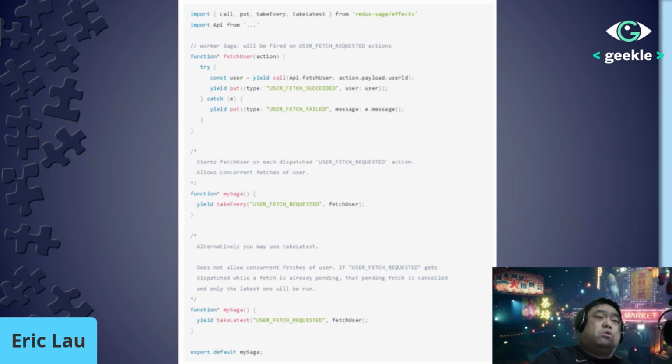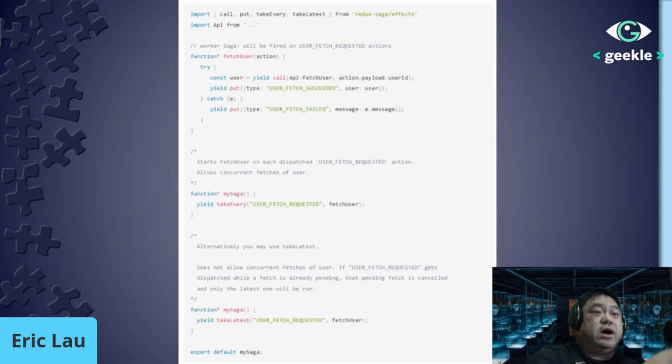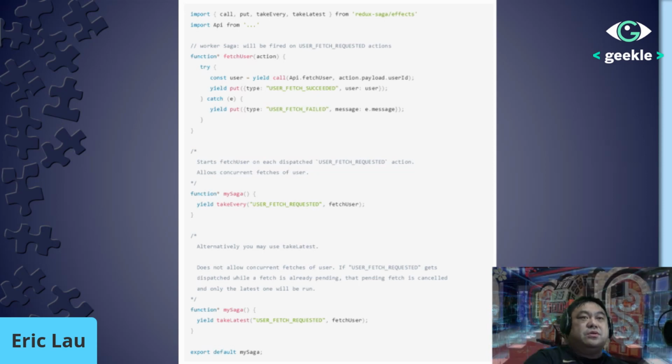Notice this whole code has no knowledge of the UI, and the UI has no knowledge of this. All the UI does is fire an event called user fetch request, and exactly what happens after that is completely within the Saga's control, which is what I mean about making sure it does exactly what we need it to do.